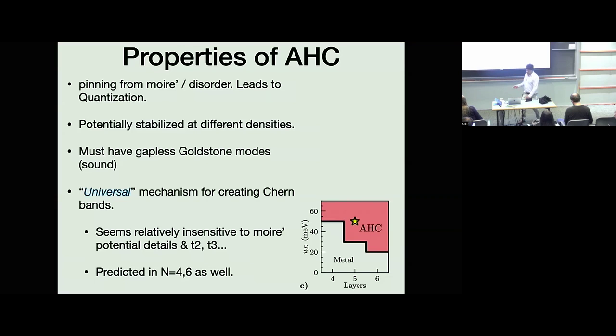Okay, so these points I think we already made over here: the Moiré gives you a potential. We don't know exactly how strong. It could be, for example, that the actual electron liquid is not a crystal; it's metallic, but it's close to becoming a crystal. It's near a transition, and the Moiré pushes it over into the phase. Or it could be already in the phase, and this is just a pinning field. It could be stabilized at different densities over a range.